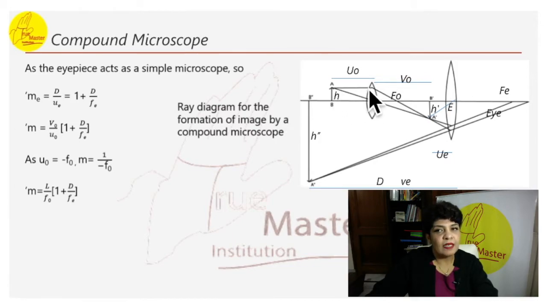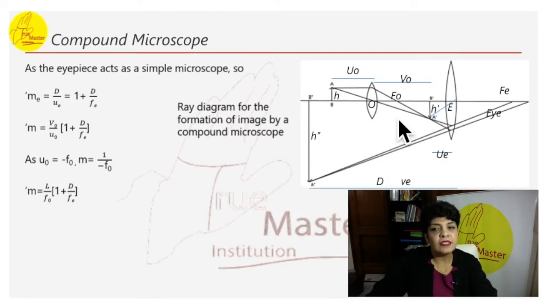When the two rays pass, this will be the focal point of the object lens. When the two rays pass, this is the image that is going to be formed and we have named it A dash, B dash. From the eyepiece, when the rays travel further, the image will be formed here. When we look through the eye, instead of looking at this image, this will become the object for the eye and the image in total will be formed here. Being the final image of the two lenses, VE, which is the final distance of the image, will be D. So we are going to term it as D.